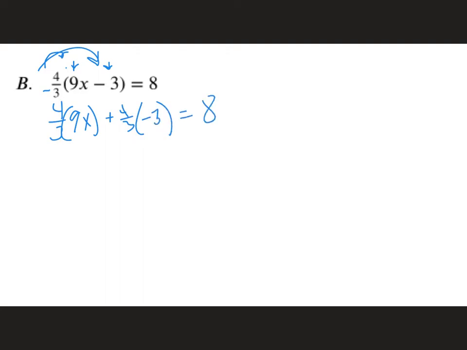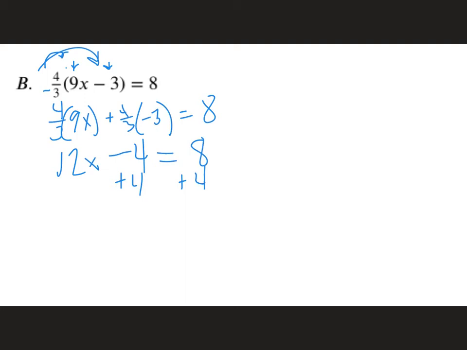4/3 times 9x, I would divide by the 3 first, so 9 divided by 3 is 3. 3 times 4 is 12, so this should be 12x. And then negative 3 divided by 3 is negative 1, times 4 would be negative 4, so this would be minus 4. At this point, we would add 4, because dividing by 12 first here would create rationals, because 4